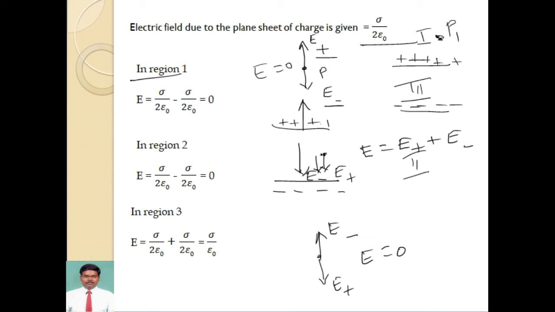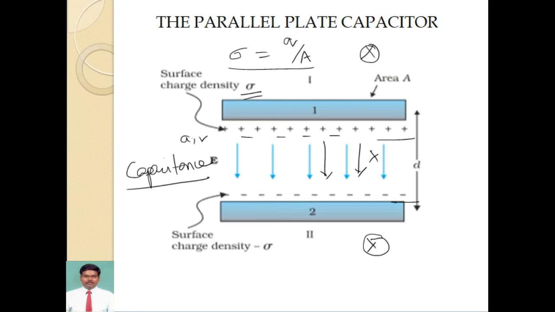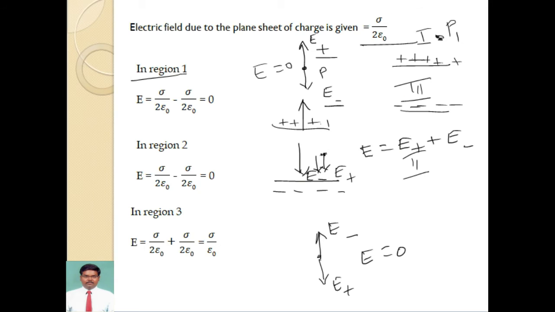First, I am taking a region that is above the parallel plate capacitor. Okay, that is this region, the outside region, I am just taking into account. When I take the outside region, the field because of the positive charge is given by sigma by 2 epsilon naught minus sigma by 2 epsilon naught, that will be equal to 0. Why is there a minus sign? Because these two fields are oppositely directed. Since electric field is a vector quantity, it is oppositely directed. That's why I'm including a minus here.